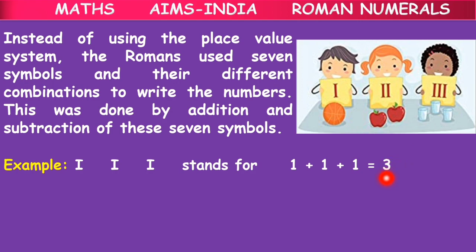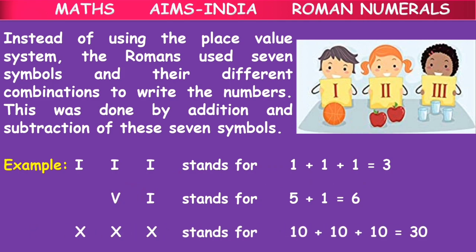It becomes the Indo-Arabic numeral. The other example is V and I. When I say V, I, what I mean is V means 5, right? V means 5. So 5 plus I means 1. So 5 plus 1 gives us what? 6. So 6 is written as VI.